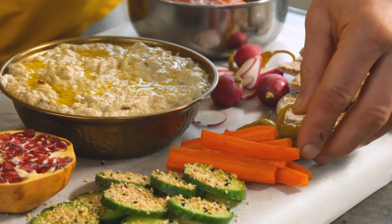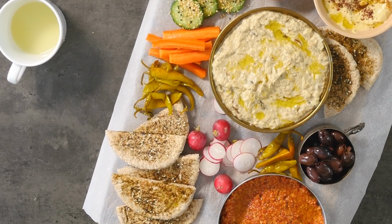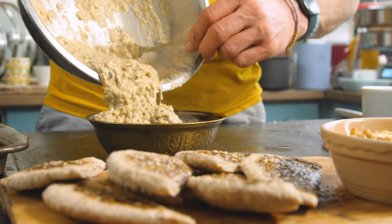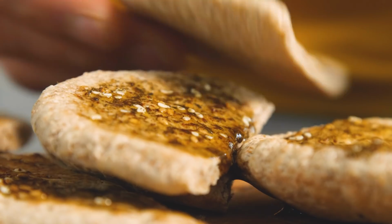Welcome to Middle Eastern Mezze board. Middle Eastern food is easily one of my favorite cuisines, and today we're going to show you how to make an epic Mezze board. So we're going to make Baba Ganoush, my favorite aubergine dip. We're going to make some muhammara, which is an incredible red pepper and walnut-based, kind of acidic and sweet dip, magnificent. We're going to make Gomasio cucumbers. I'm going to make some za'atar flatbreads. It's easy to make, it's incredibly impressive, and it's so